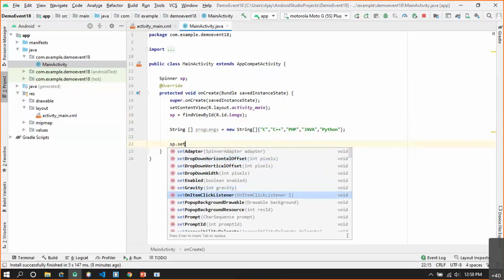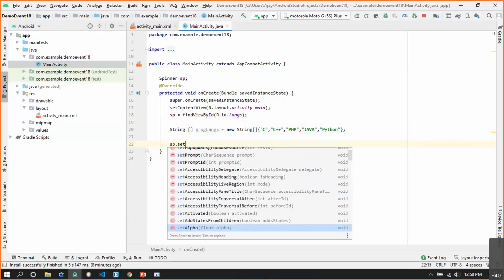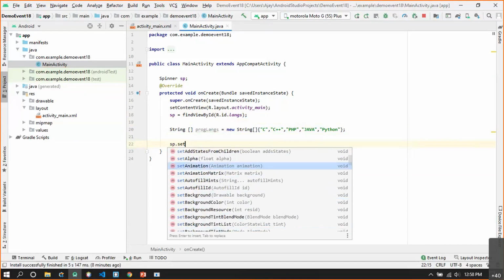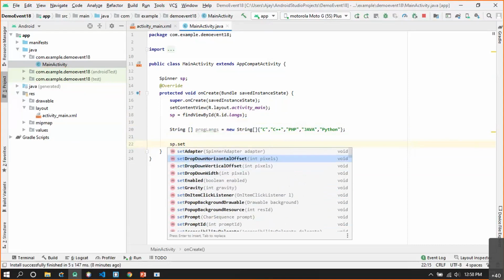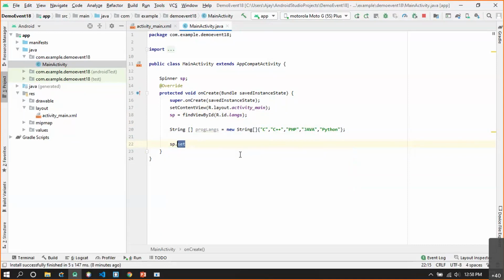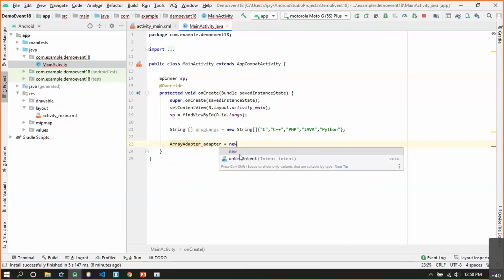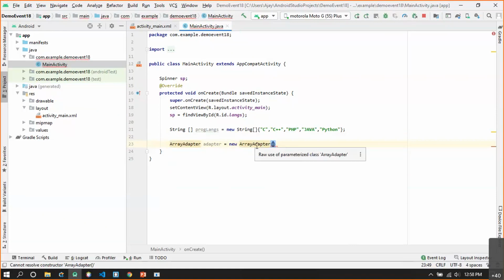If you see here, there is no method which sets the array directly, but if you observe the very first method, there is something called setAdapter, which takes an argument of type Adapter. So I need to create the adapter first of all. Let's create one ArrayAdapter here: ArrayAdapter is equal to new ArrayAdapter, and since we don't know what is, just hold on.